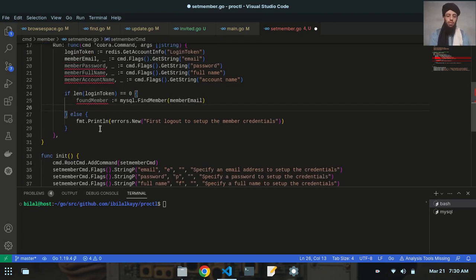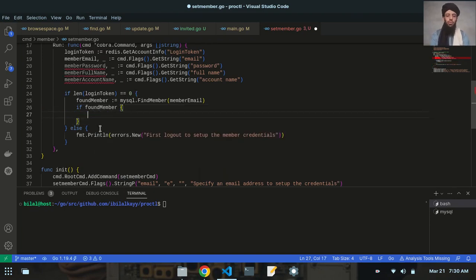If it is found, I will put the condition. If the member is found, then it will simply update the details. Alright, so all the details that are given, the new details like password, full name, account name, these are the new details. After the member account is found, it will update